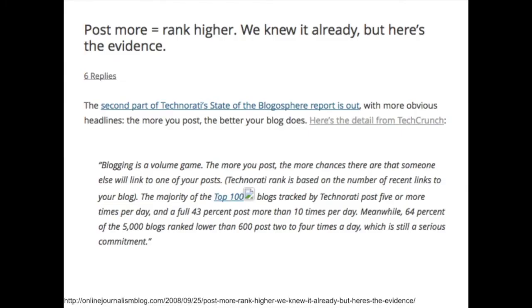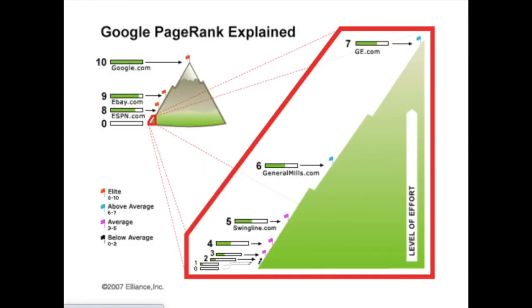For example, frequency, the more frequently you post, is known to affect the ranking of content. And this makes sense. If you post a lot of stories about basketball, then Google is going to judge that you are more of an authority, you have a better reputation when it comes to basketball journalism than a journalist who's only written one article in the last 5 years.